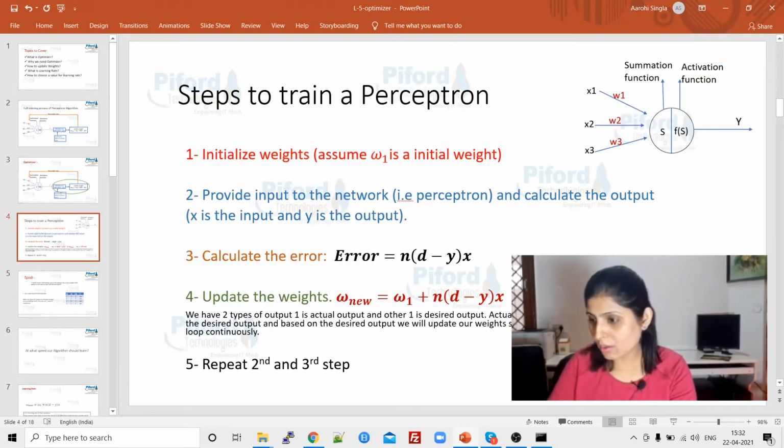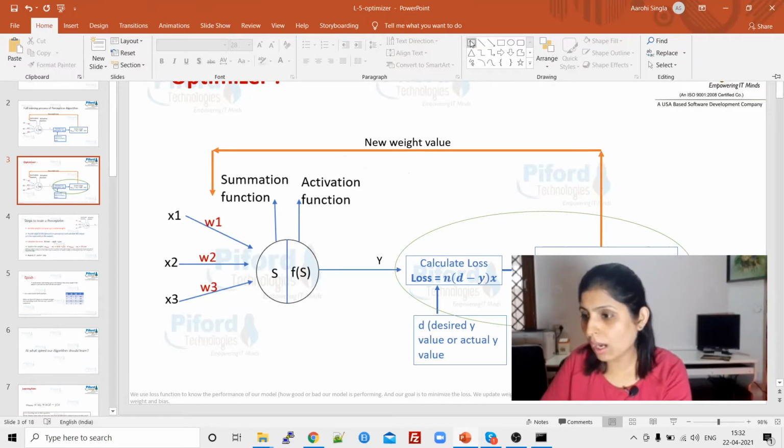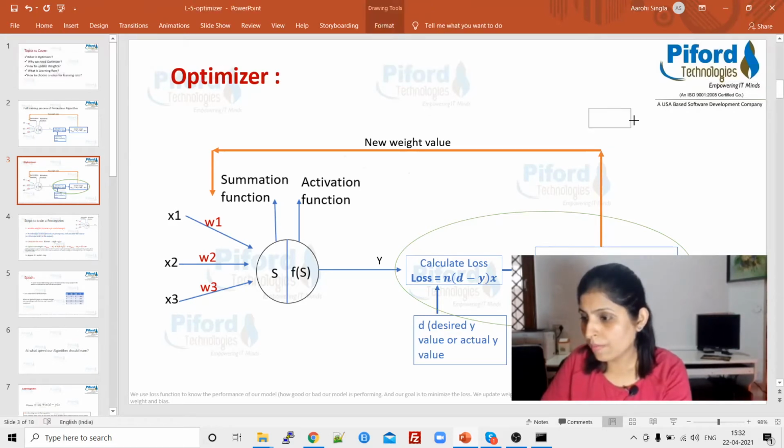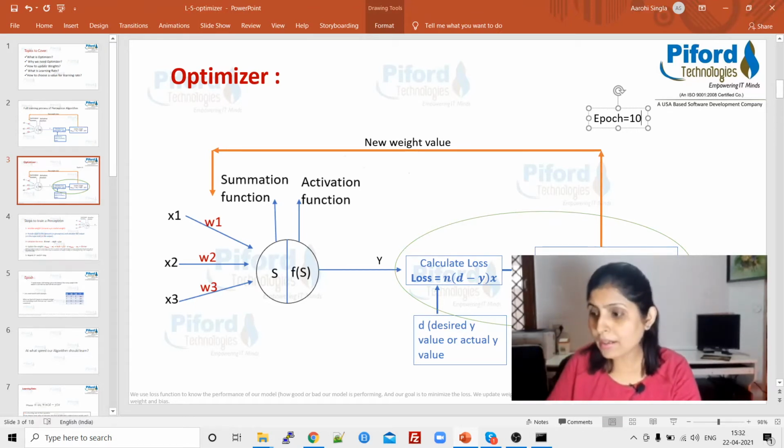Okay, let's go back here only. Let's suppose over here I want to have epoch equals to 10. That means I want to update this weight 10 times. Alright, so these are the initial W1, W2, W3 values.